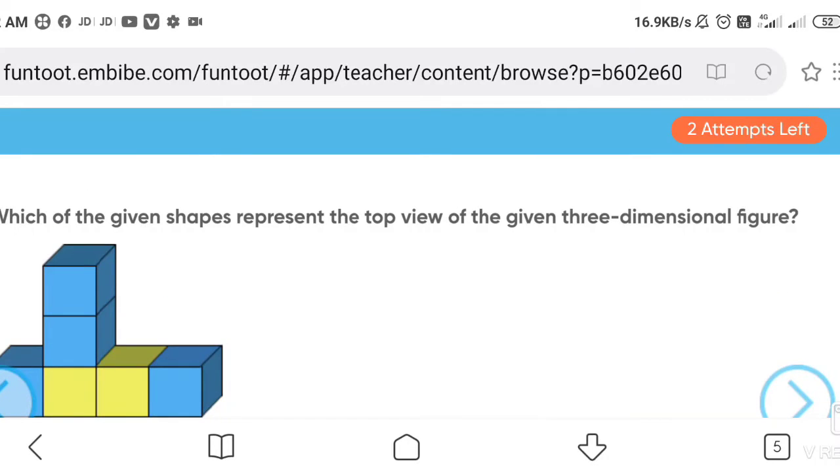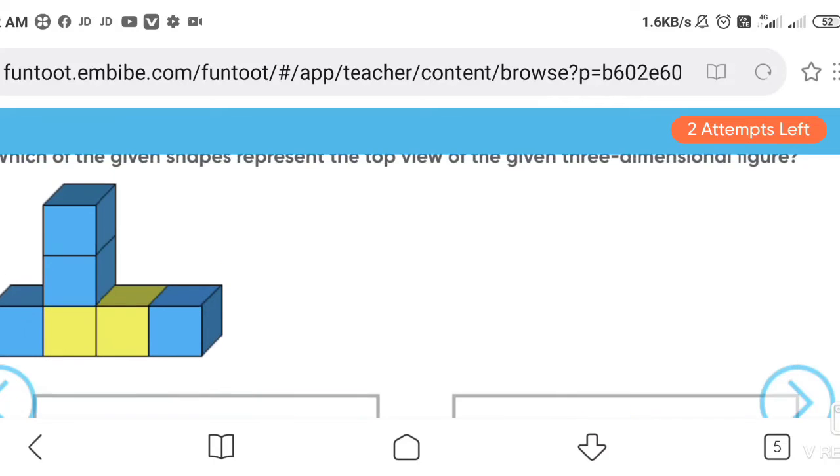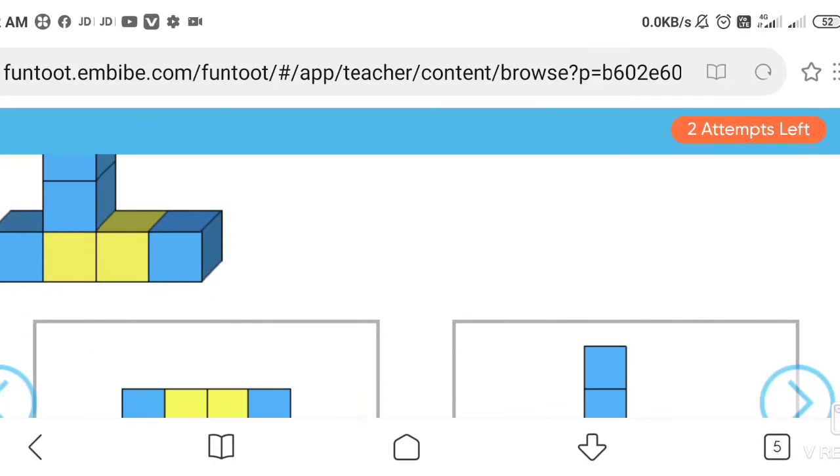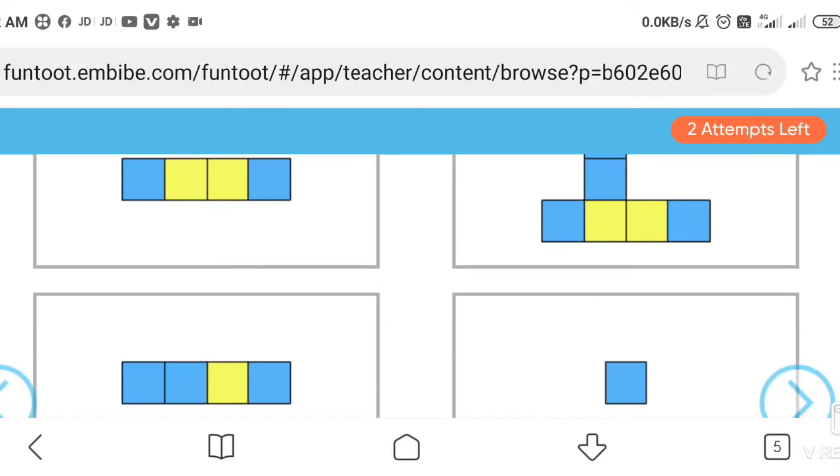Okay, the next is, which of the given shapes represent the top view of the given 3-dimensional figure? Top view, when we see from top, which shape can we see? We have to find that. See, if we see from this, you can see the 2 blue, 1 yellow and then blue.